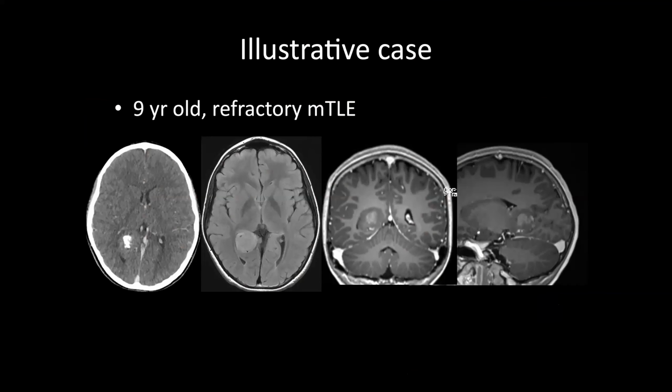I'm going to go into an illustrative surgical video of a young 9-year-old boy with refractory MTLE, with whom we found a neoplastic lesion in the posterior portion of the medial-basal temporal lobe. Because this lesion was calcified, laser ablation was not considered an option, and I thought that the SCTAT approach was an ideal surgical approach for this patient.